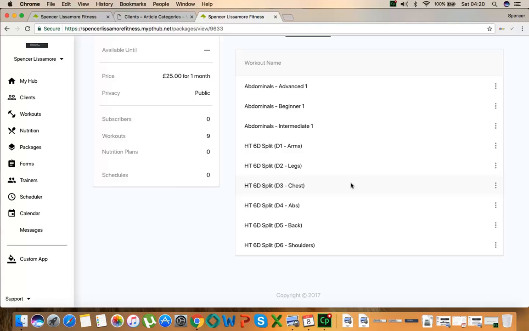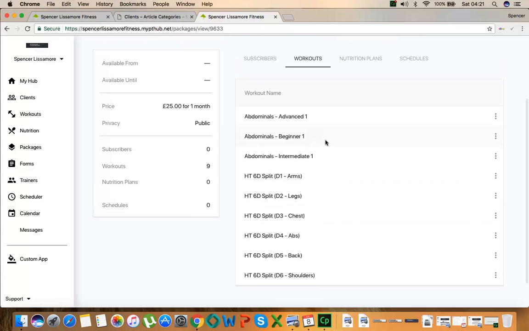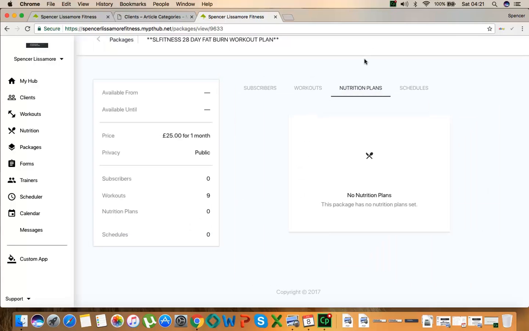But also we need to incorporate some form of abdominals, as people tend to forget that. Yes, it may be there on day 4. However, as we lose weight and people do burn fat, we want to really keep on top of keeping that core as toned as possible. So in which case I've incorporated a beginner, intermediate and advanced abdominal workout for them to follow, also with a